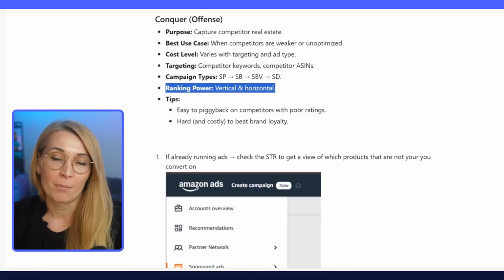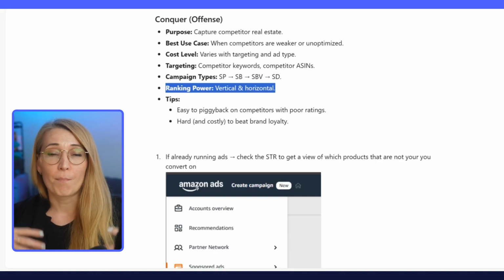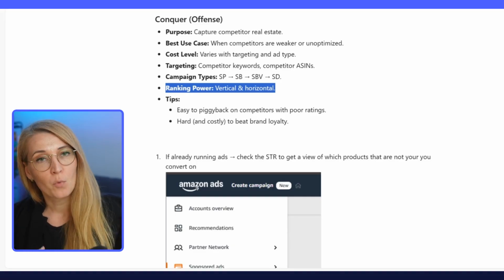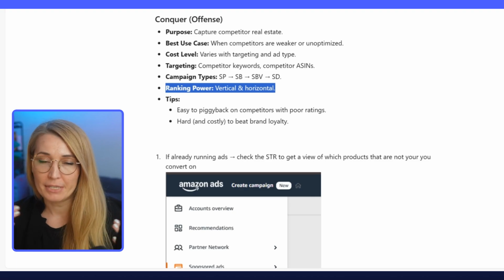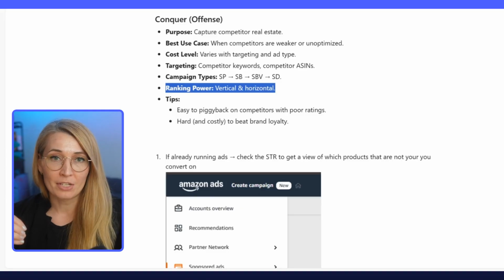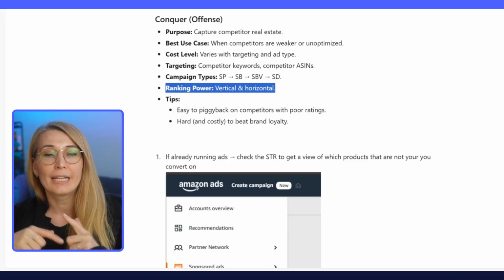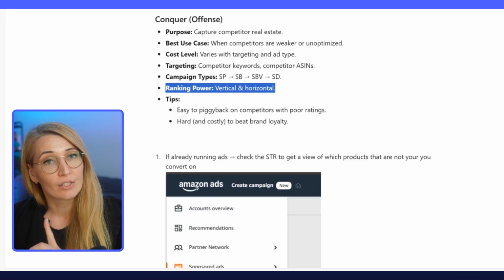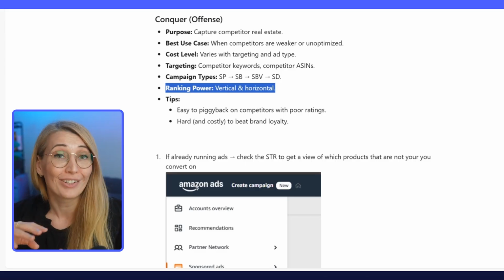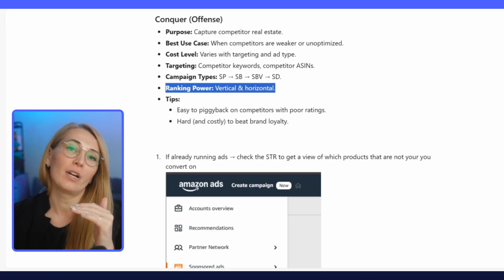Ranking power. When it comes to ranking power, this is vertical and horizontal ranking. Let me give you just a bit of insight into what I mean by ranking power. Basically, it is just a term that I came up with to better understand if I target an exact match keyword, is it going to help me rank quicker organically, or if it's going to be a discovery type of keyword, which is anything but exact, it is going to be horizontal ranking, meaning I might be pulling in different search terms,